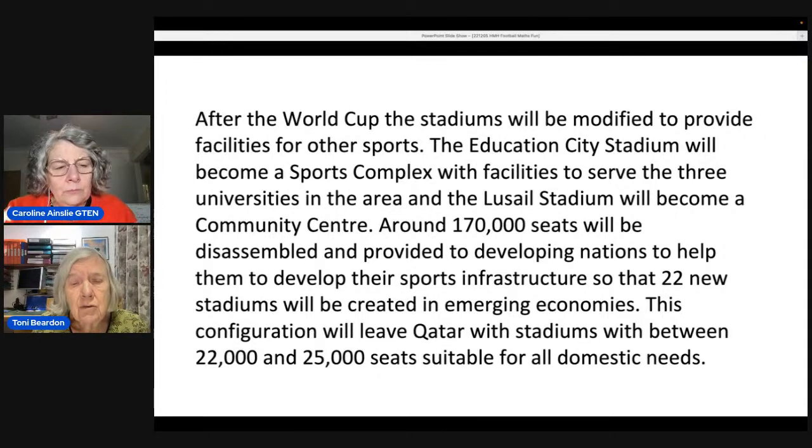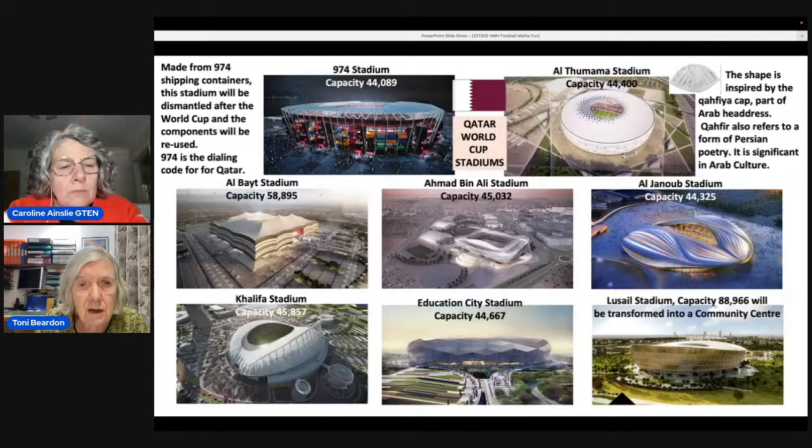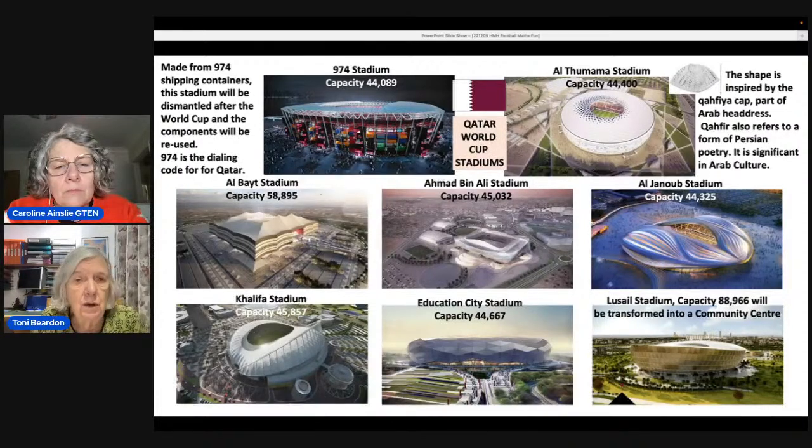And around 174,000 seats will be disassembled and sent all over the world to developing nations to help them develop their sports infrastructure. So that's 22 new stadiums that will be created in emerging economies. And this configuration will leave Qatar with stadiums with between 22 and 25,000 seats, which is suitable for all domestic needs. I think when you see those facts and you look at those beautiful stadiums which people are watching the games in,